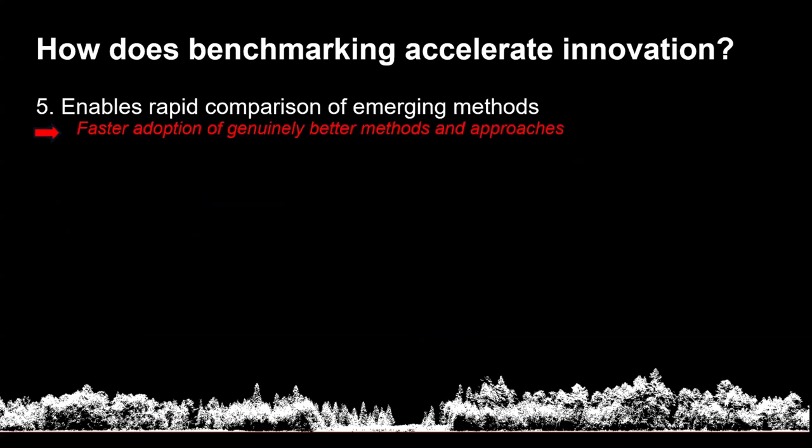Benchmarking also enables rapid comparison of emerging methods. So when new ideas or new data sources, new sensors appear, researchers can immediately test them against established benchmarks. This allows the community to evaluate whether this new data set or method actually offers an improvement, to quickly spot incremental changes versus genuine breakthroughs, to adopt effective tools faster, and gives us the empirical evidence to find out whether innovations will actually fail or succeed